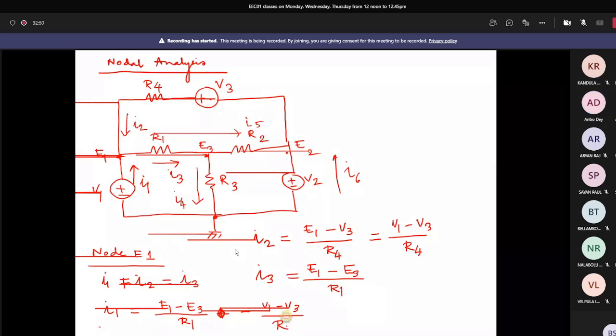Okay. So I1 we cannot write at this moment. How? Because through this part there is no resistance, and we cannot write V1 minus E1, since through that there is no resistance, so we cannot immediately write it. Let us solve it; at the last we'll be able to find out. So this is your equation 1, the first KCL at node 1.